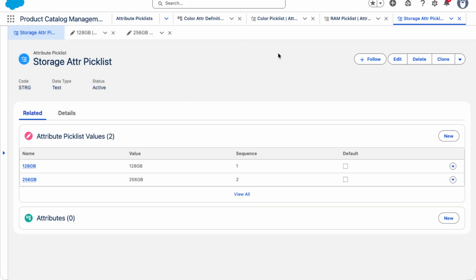Okay, so we created these pick lists and pick list values. Now let's create some